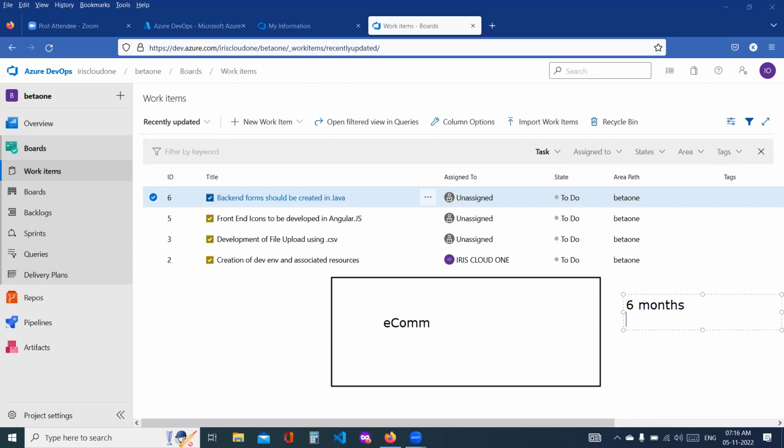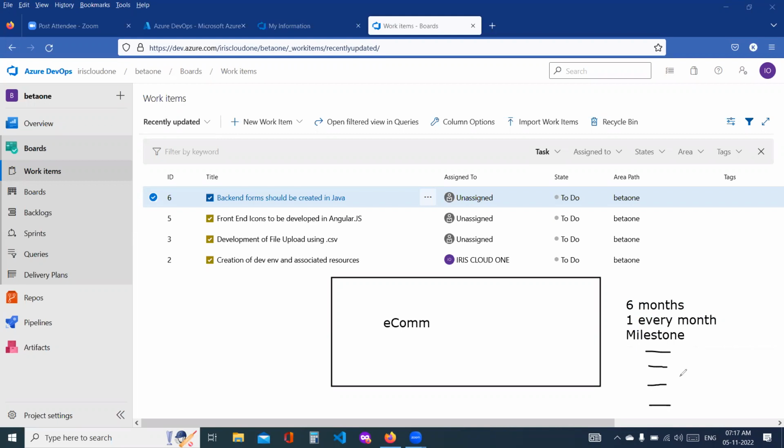So we are breaking it down. Within 6 months, every month, we will keep track of what is to be delivered for every month. We want to keep delivering milestones. Milestone means every month we want a new feature to be delivered. So the Scrum Master and the project manager from your side, they'll start breaking down